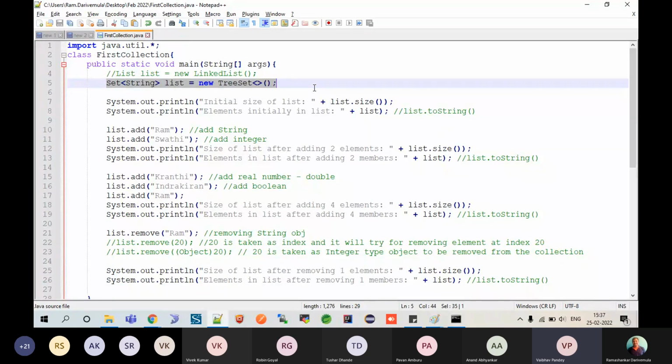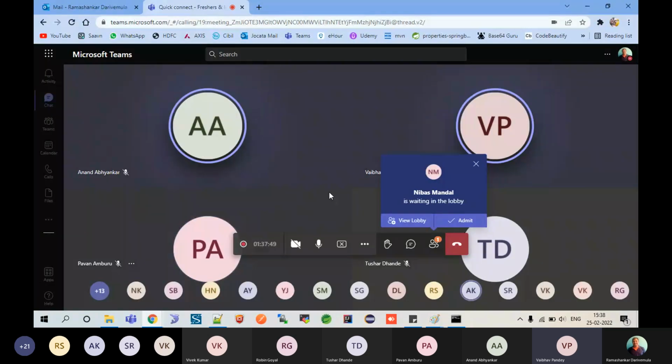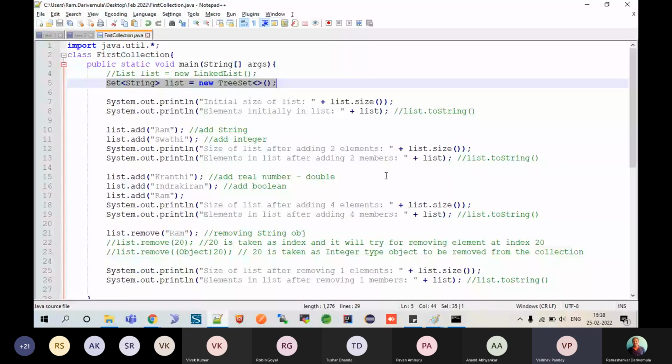That's the first point. Now, how do we traverse through these elements? Like Ram, you are simply printing that list, right? So how do we actually traverse through these elements basically? Well, this is one way of